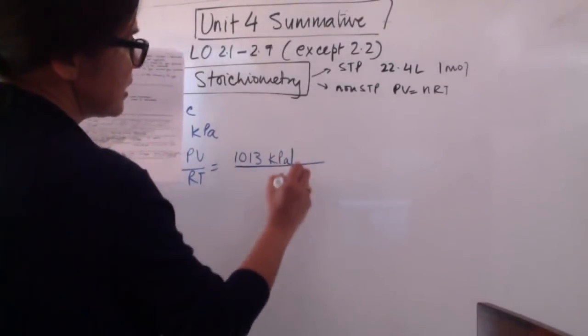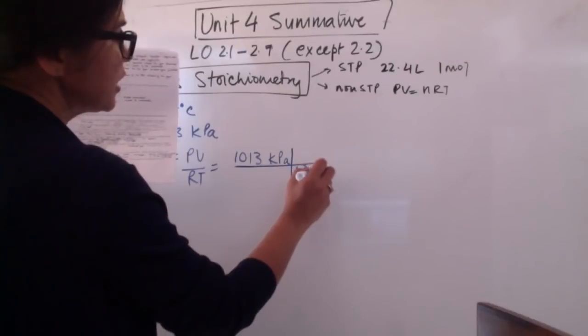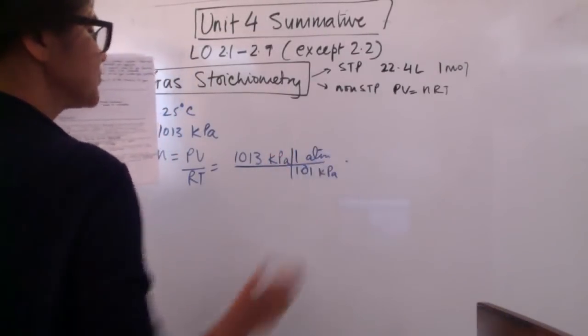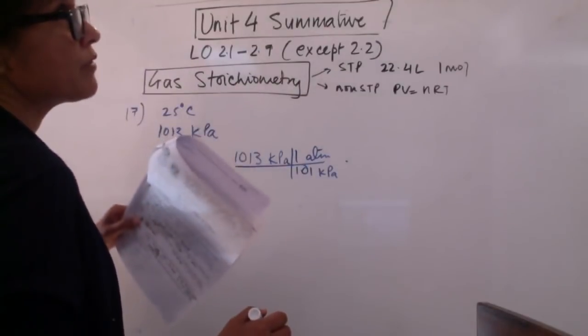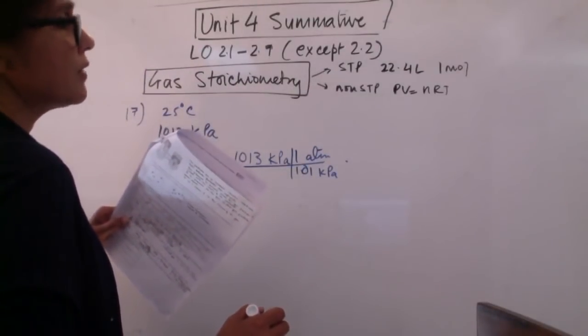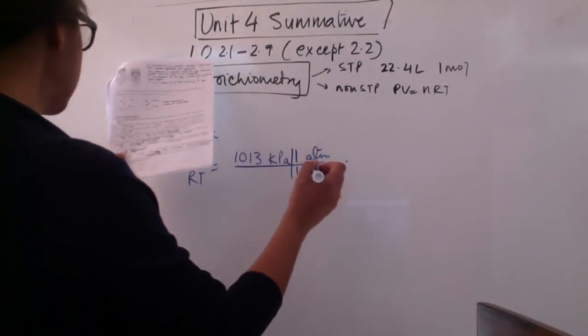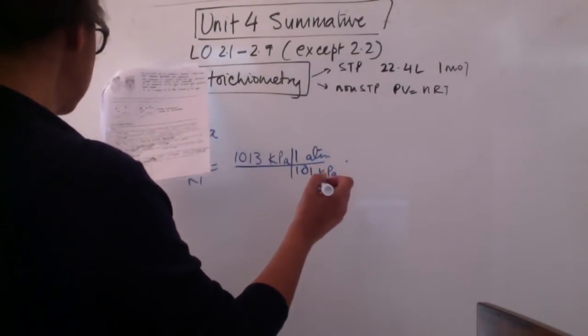And 101 kilopascal is 1 atm, right? 1.01 times 10 to the power 5 pascal. I think this conversion is right, guys. You want to double check. And then